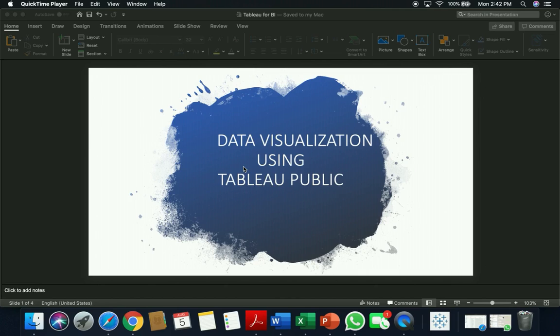So in this course, we are going to talk about, as the title says, data visualization using Tableau Public. We are going to show you how you can download Tableau Public to your computer system. Then we are going to download a free data set online and play around with it to be able to get visualizations. So first of all,